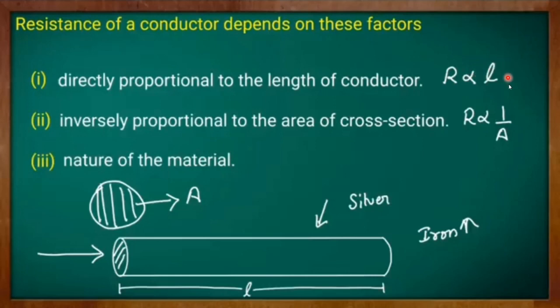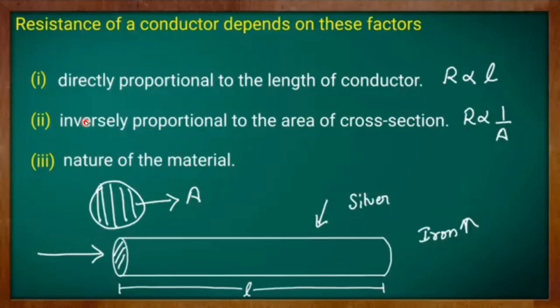If the length of the conductor is lesser, then what will it imply? Then the resistance is lesser as it is directly proportional. If the resistance is lesser, then more amount of charges or current will pass through the conductor. That means in order to have a good conductor, we should have the length of the conductor to be smaller. Understood?